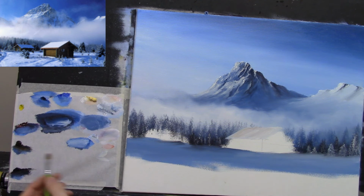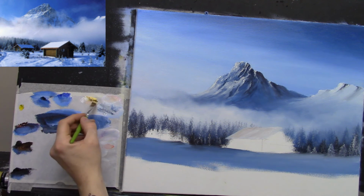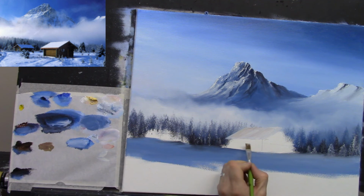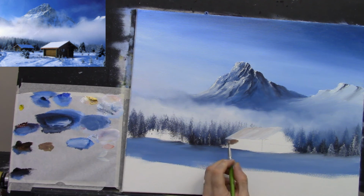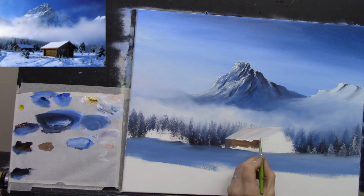So the bottom is just burnt umber with some Naples yellow, and I'll take a touch of crimson as well just to warm it slightly. And let's just get this in now. I'm just going to pull this down this way. I'll pull it down like this first, and then I'm going to pull across it. Okay,